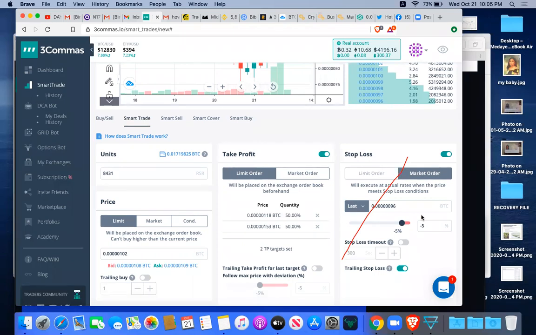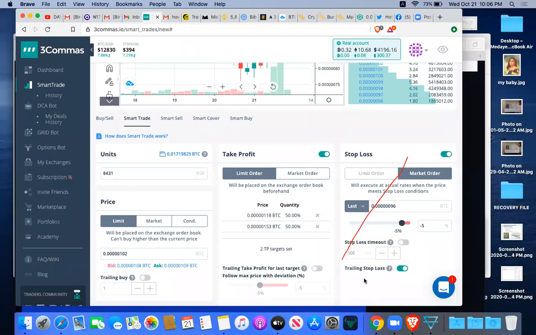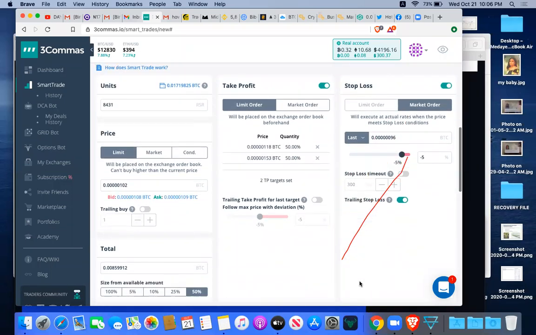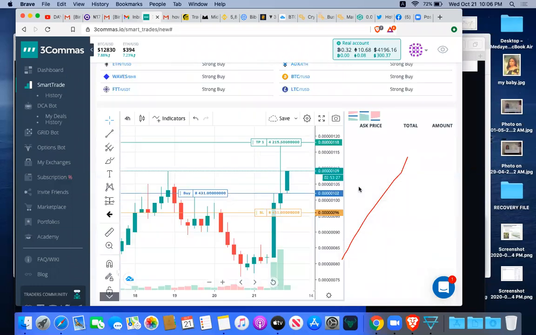Entry price of 105. That's why it's showing this. So if the market is now consolidating at 114 or 115, it's going to calculate the 5% drop from 115, which means it's not going to be 96. It will move up. So trailing adjusts your stop loss to be following the movement of the market continually in that order. So once that is done, I can just click create. Once you click create, this is a smart trade, just like your normal trade, but you can use it to set up and do stop loss, set everything, and click create. You say yes, successfully created. Start both. Okay, then you're good to go.